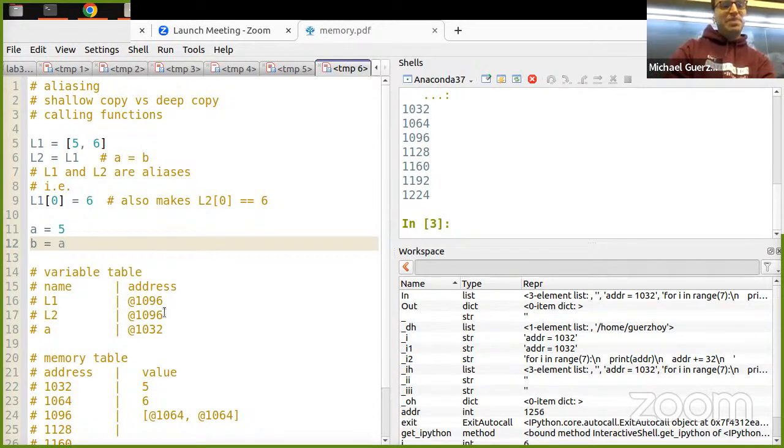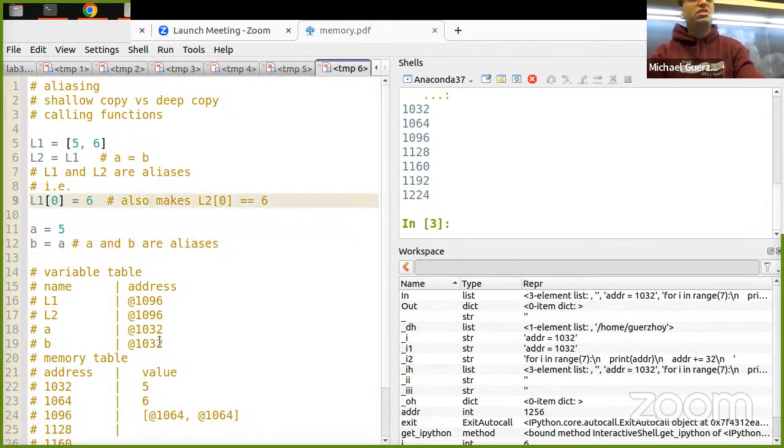So if I say B is equal to A, what happens? Same thing. This gets copied over here. A and B are aliases. It's not an interesting fact that they are aliases, because unlike with lists, there is no equivalent to going A at 0 equals something new. There's no way to change the first digit of A to something new.